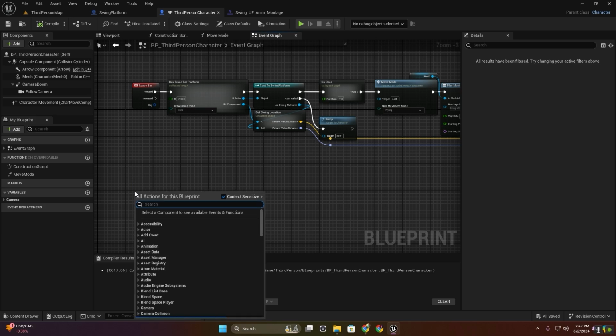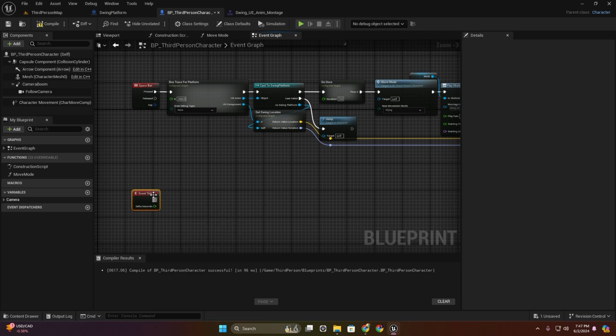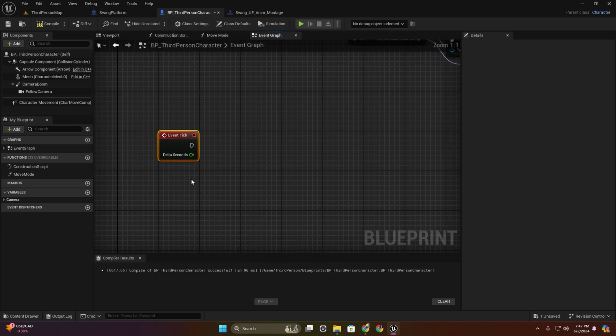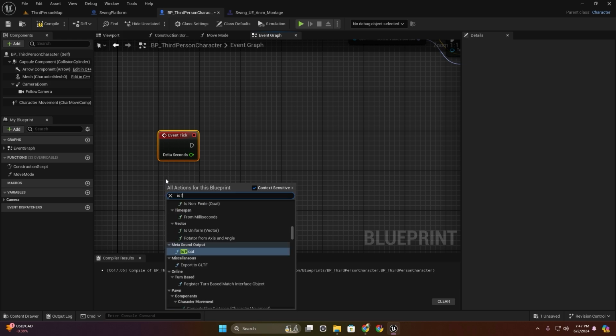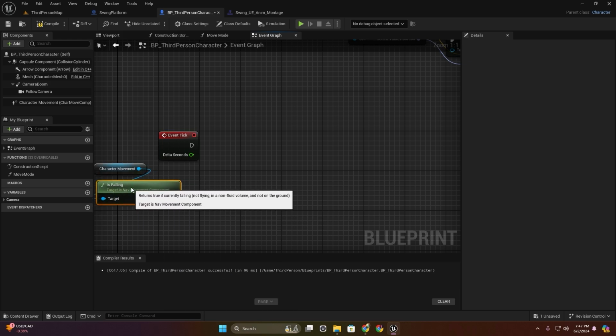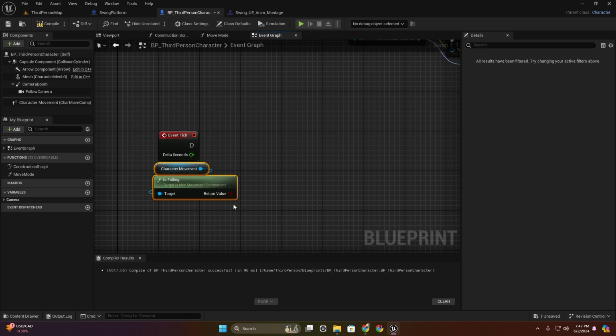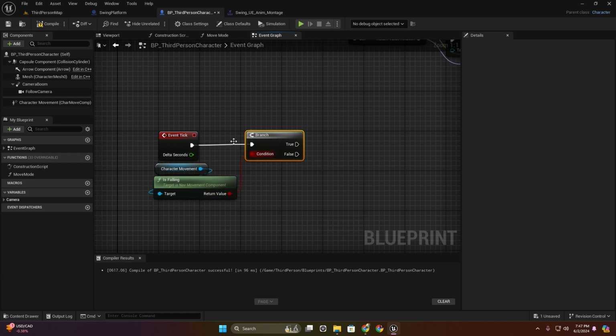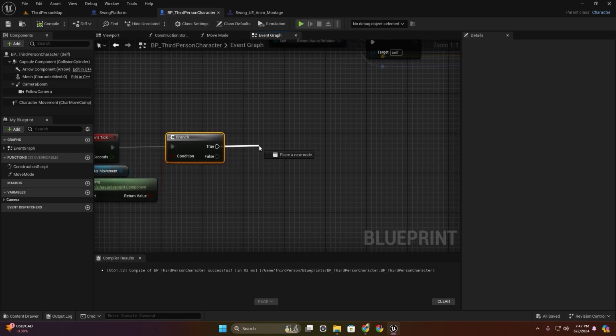Now I'm going to add event tick and then is falling, create a branch. Is our character falling? Then I'm going to add a